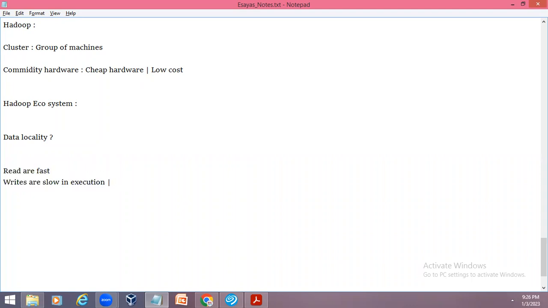I will explain in our HDFS component how Hadoop has been designed. There you will understand. But for now, just remember, read will happen in parallel, but write happens in sequential. We will see exactly what the read and write anatomy is in our HDFS in detail. But for now, just remember that read happens in parallel mode, write happens in sequential mode. That's why writes are slow. Okay.